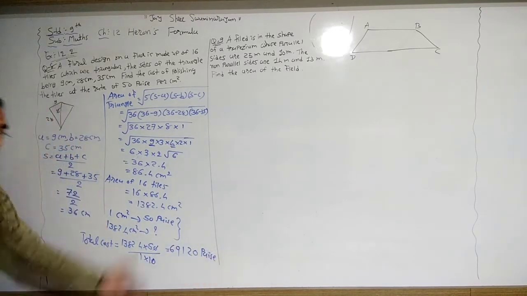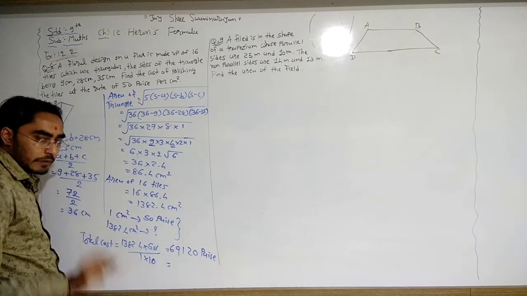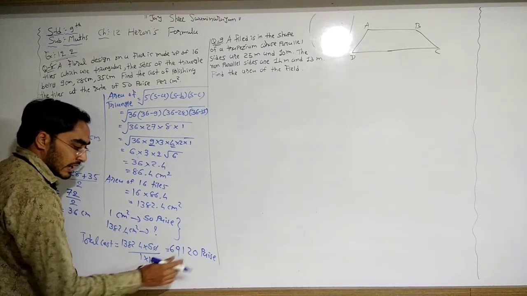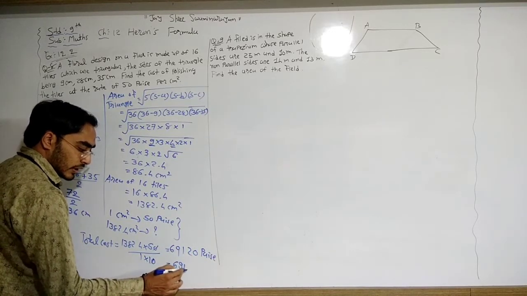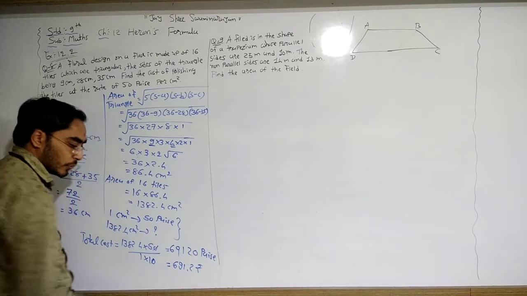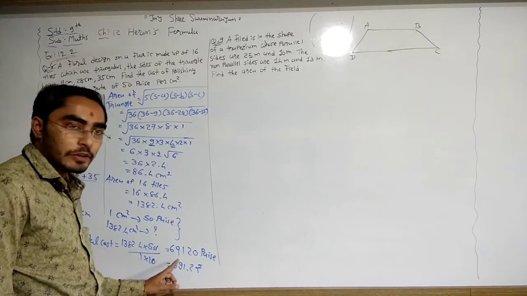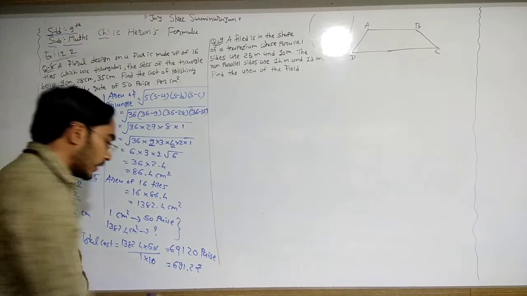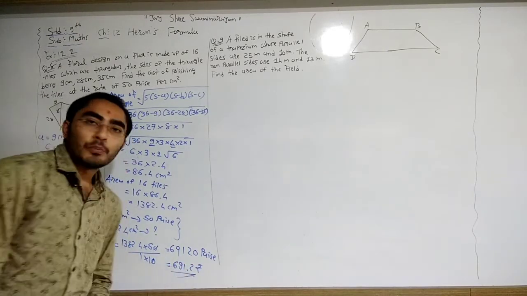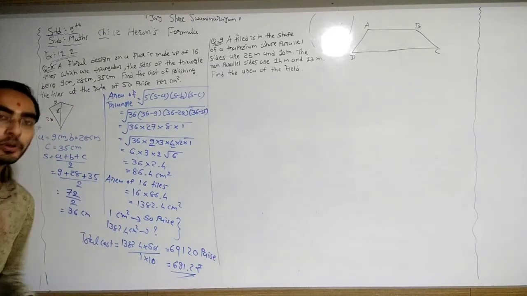paisa. Now if we want to convert into rupees, then we need to divide by 100. That means we need to remove these 2 zeros, so 691.2 rupees. If you want to convert into rupees, we need to divide by 100. So 10 and 10 cancel, and before 1 digit we need to put the decimal point. So 691.2 rupees.